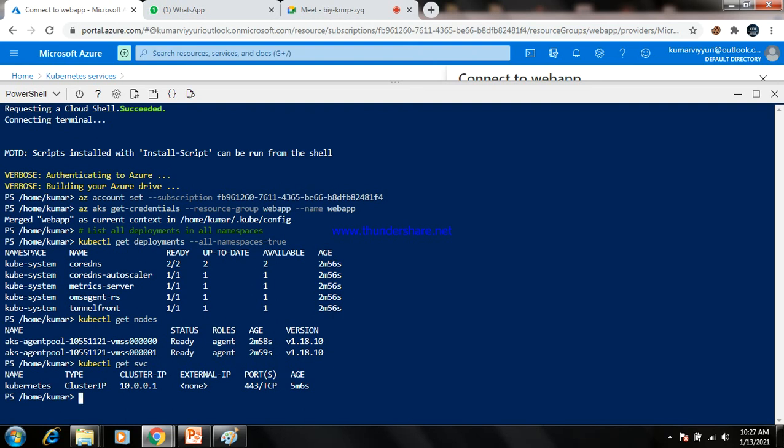Here is your cluster IP address; the external IP address is not available; the port number is 443. 443 is what type of protocol? HTTPS, a secured protocol. So this is the Kubernetes cluster service deployment in our Microsoft Azure.